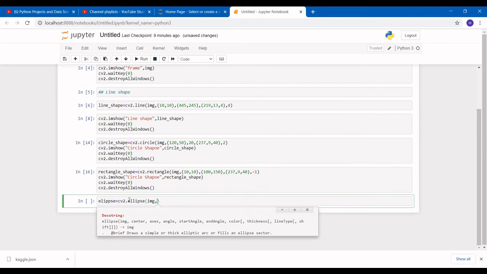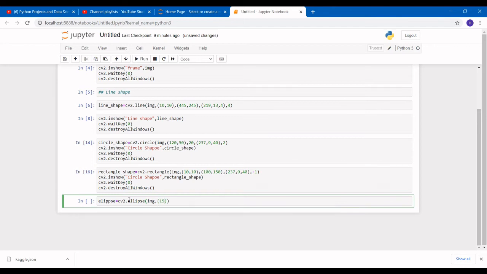So suppose for the center we are giving 150 comma 120, and for the axes we are giving 100 comma 50, and our starting angle can be 20 and our end angle will be 360. Now we have to give our color 237 comma 9 comma 40. It should be 40, 20, whatever. Now we can give our thickness 3.